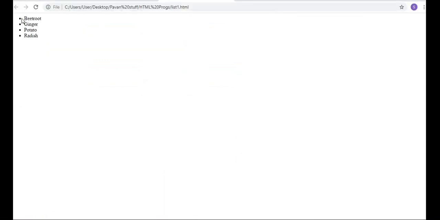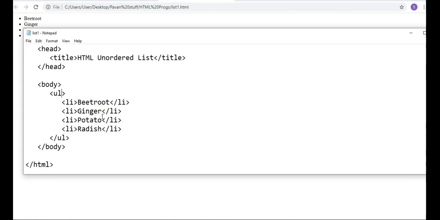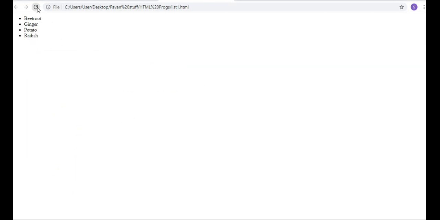See, all the contents are in bullets. Now if you make changes here, type equal to, in double quotes, if you write circle, now observe. Save and refresh.